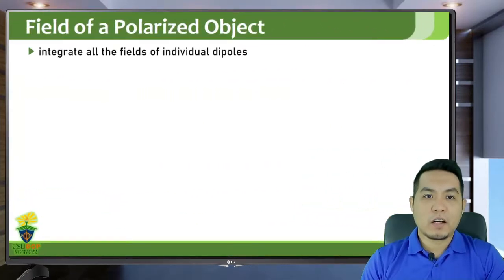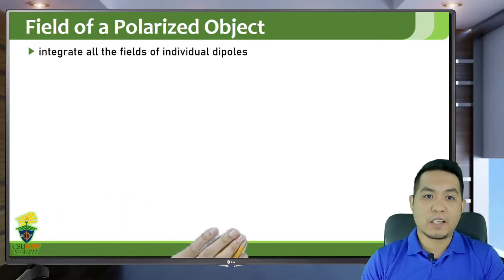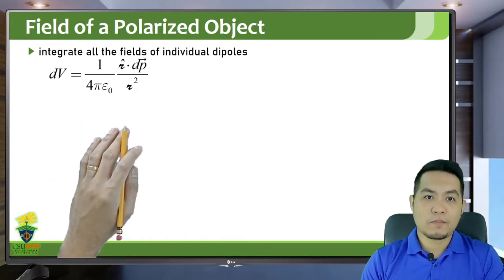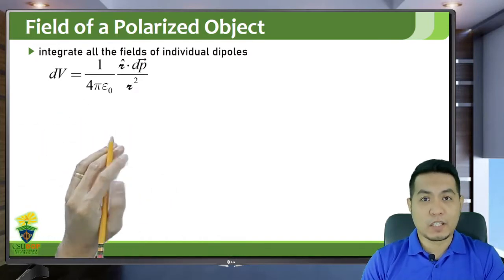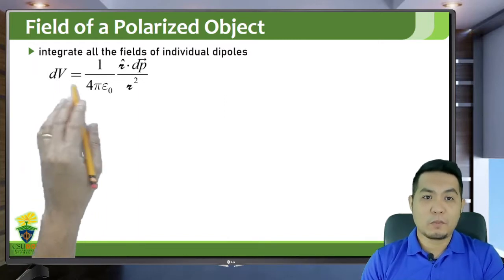So the field of a polarized object can be obtained by integrating all the fields due to the individual dipoles. From the equation of the potential of a pure dipole, the differential potential will be given by this,